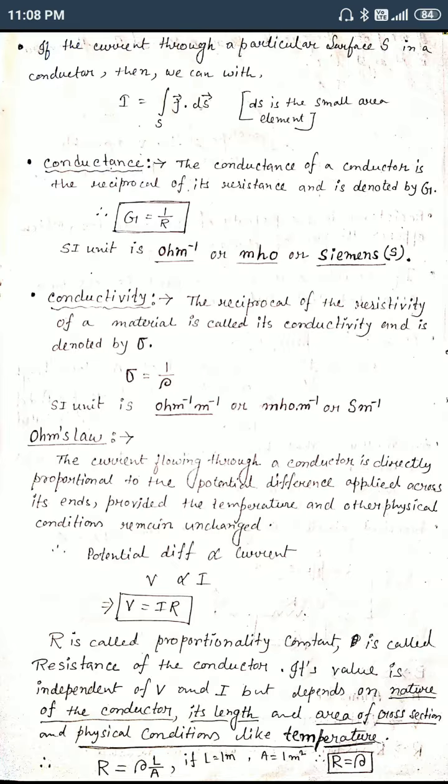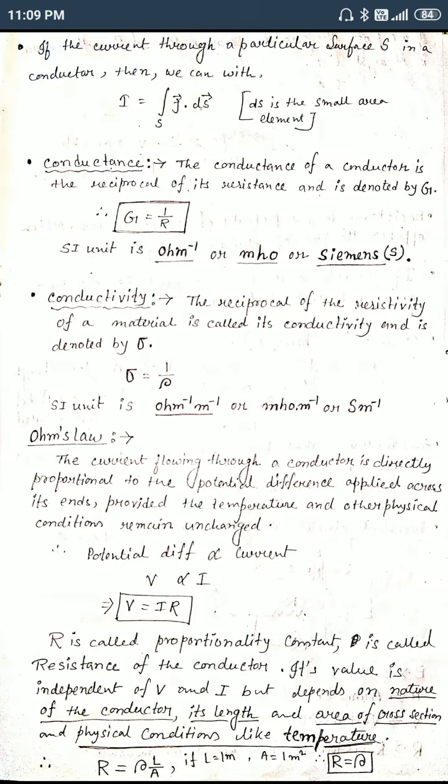So how do we define electrical resistivity? It is defined as the electrical resistance of a wire of unit length and unit cross sectional area at a specified temperature. If the temperature increases or decreases, the resistivity also changes. Otherwise, at a fixed temperature, if you increase or decrease the length or area, nothing happens. Resistivity is fixed. Only if the temperature is changed does the resistivity change.